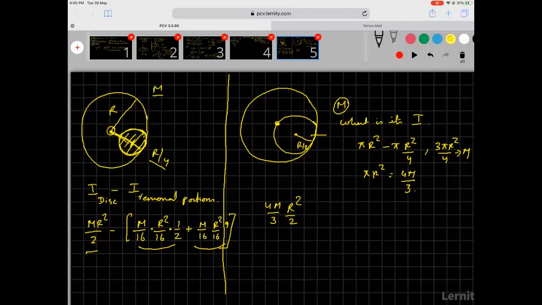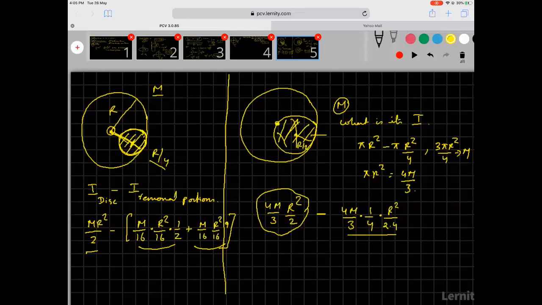This is the initial moment of inertia. From this, now you are going to subtract this. So it is 4m by 3. This will become what? R squared by 4. So it will become into 1 upon 4. So this will be the mass of this disk. This into r squared. I took r by 2 there. So it is r squared by 2 into 4. So this is going to be its moment of inertia about this axis.